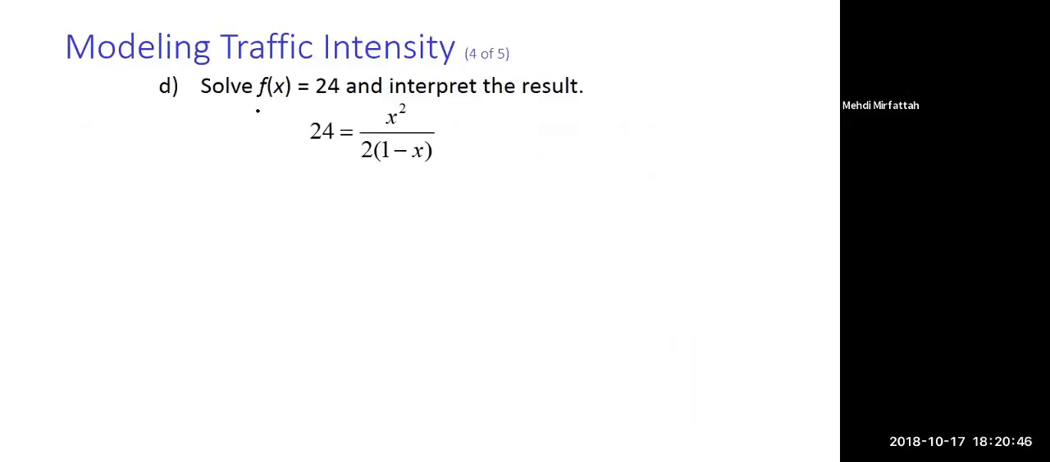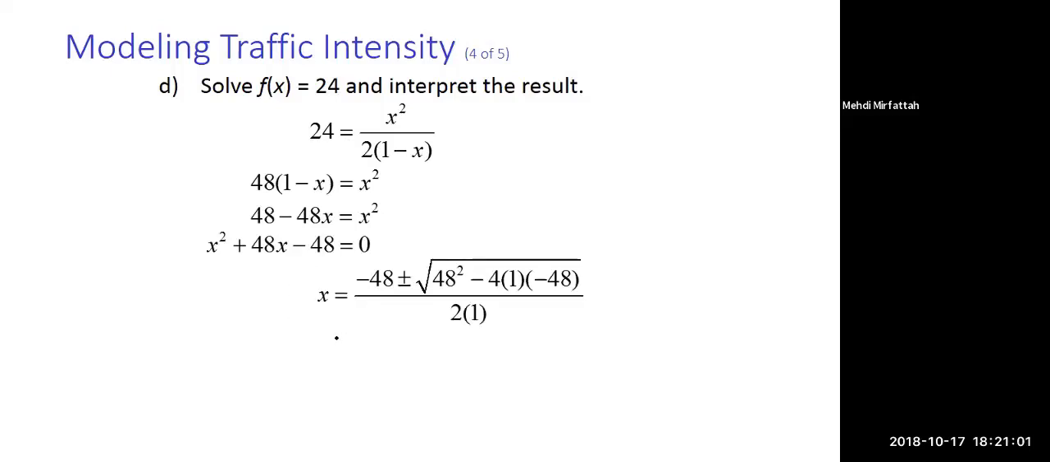And for the last part, they're saying to solve f of x equal to 24. So all we do is just set that equal to 24. And when you solve this, you just cross multiply and solve for x. Here it is not factorable, so I have to use the quadratic formula for that. So x would be about, or two values we get,